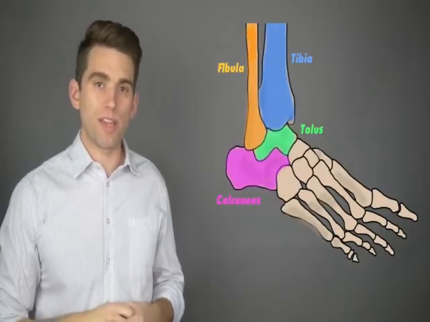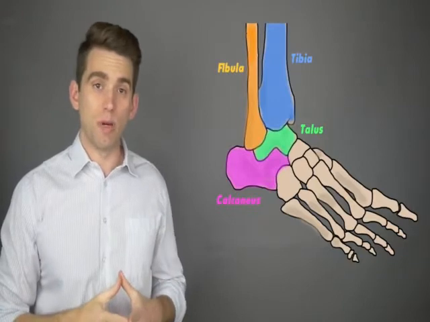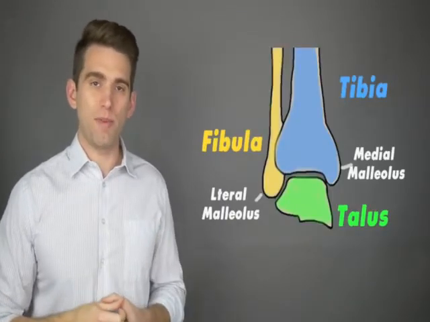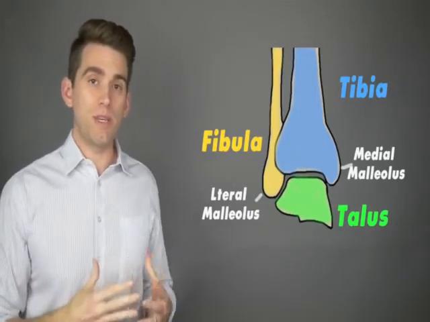Let's briefly review our anatomy in the ankle and lower leg, and then we'll come back to this picture of what happened with Gomes. Starting off with the ankle joint here, we of course have the tibia and the fibula that make up the two bones of the lower leg. Those come down to form the primary ankle joint, which is the tibiotalar joint, here between the tibia and the